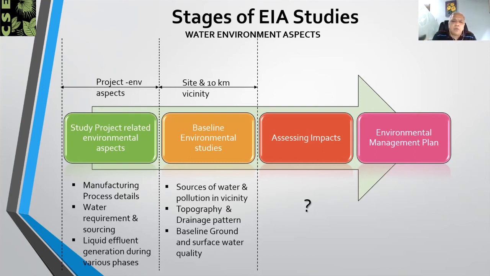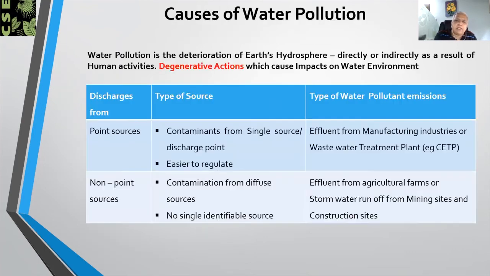And now our task is to assess the impacts to the water environment, and how to do that. That is our task. So for this, we should understand the concept of water pollution. Water pollution is the deterioration of the earth's hydrosphere directly or indirectly as a result of human activities. The degenerative actions which cause impacts on water environment are due to discharges from point sources and non-point